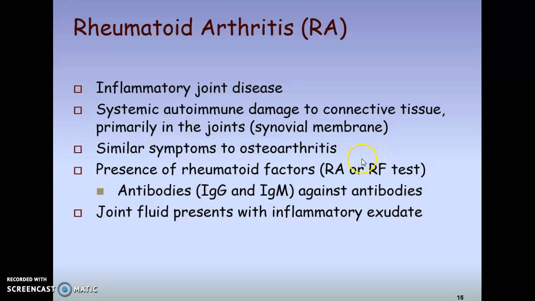There are similar symptoms to osteoarthritis, but one way that this disease can be tested for would be the presence of these rheumatoid factors, and this is going to be called the RA or the RF test. And the rheumatoid factors are simply antibodies, IgG or IgM isotypes,